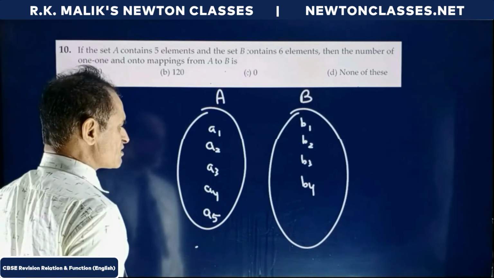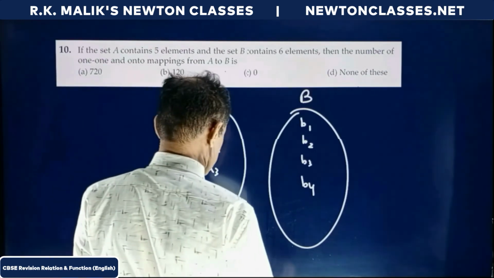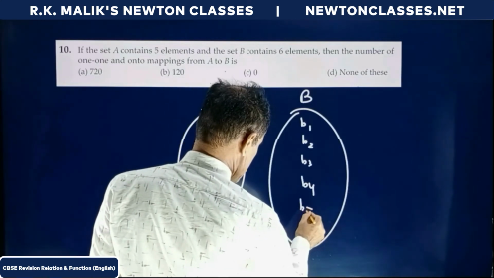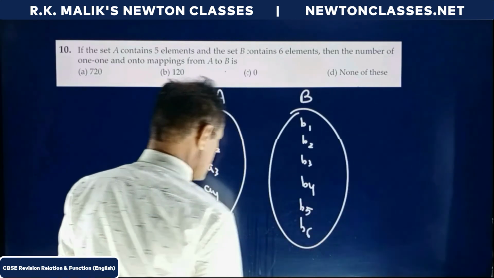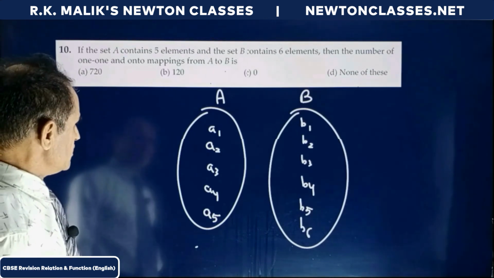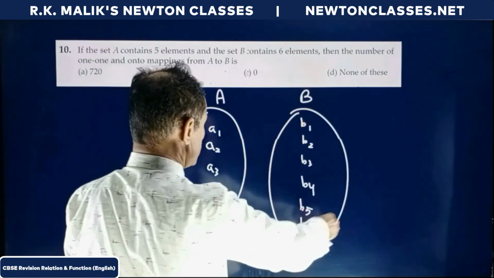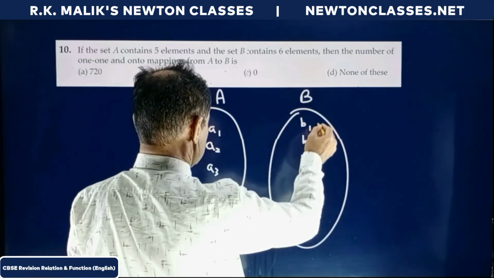But if the sets contain an infinite number of elements, but as in this case, A is containing 5 elements, B is containing 6 elements,